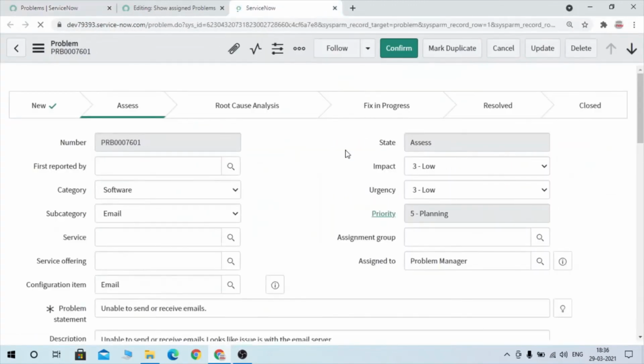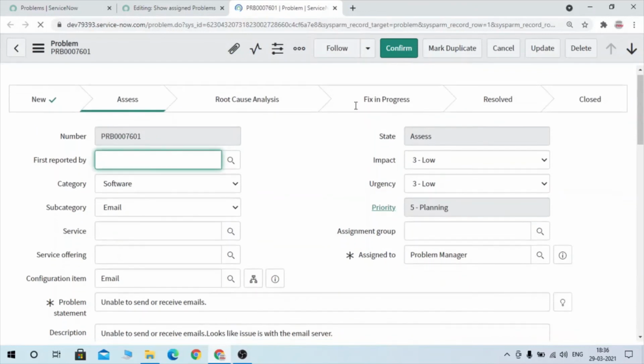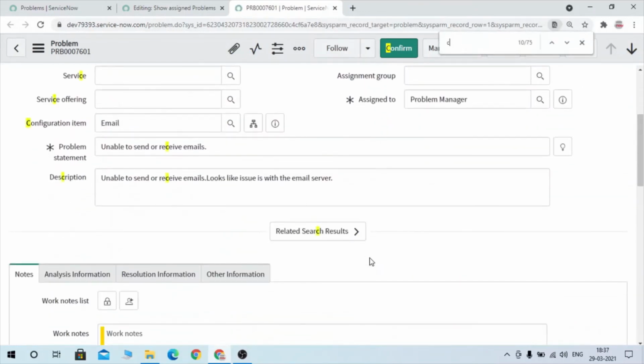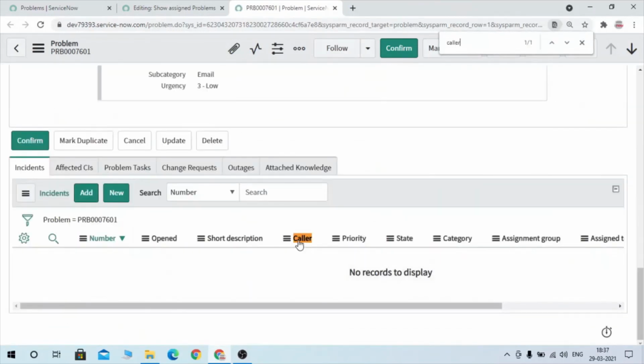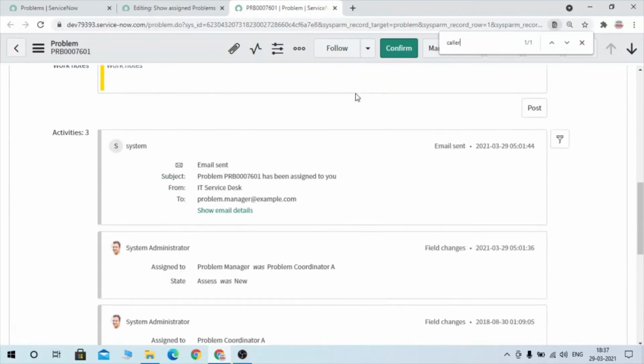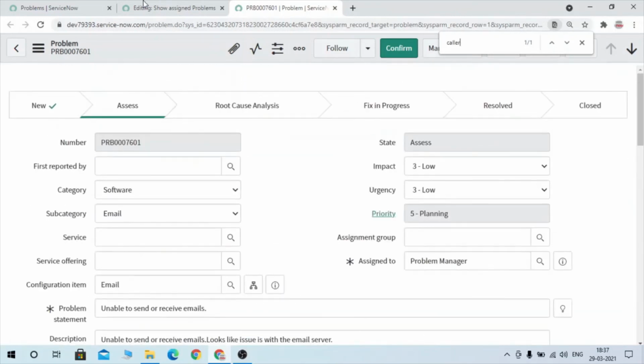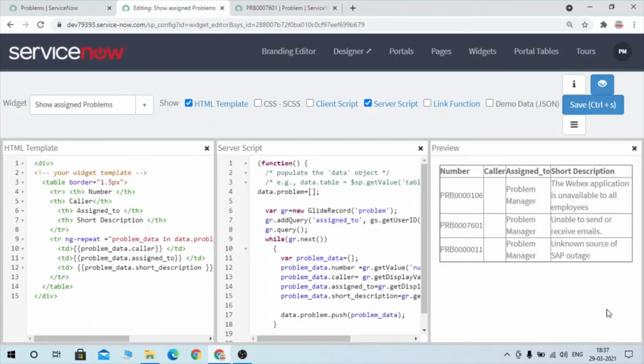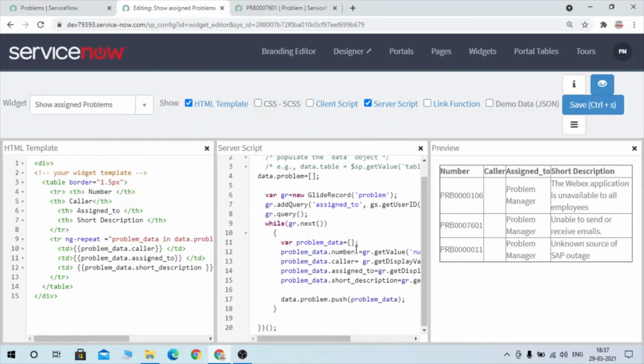That's why no value is being fetched in that. Okay, so see here, there's no field as caller, right? Here it is from incident, but there's no field on the problem form. Okay, great. So yeah, this is how you can fetch problem records, and you can fetch records from any table. Just you need to glide that table, and you have to do the action accordingly.